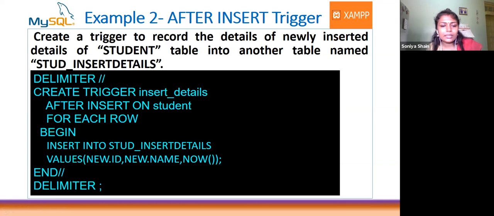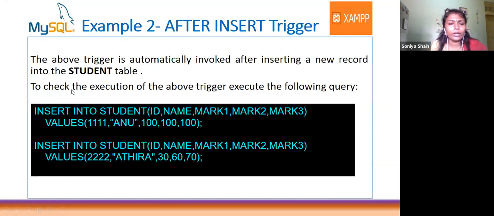When you are inserting a new record into a table, that newly recorded student detail has to be updated to another table called student underscore insert details. What details are to be updated? The ID, which is the student ID, the name, and when it was inserted, that date and time. Okay, clear? And what is the event? Event means you have to insert data, no doubt. Same event only, but the trigger is different. The trigger is after insert, and it has to be updated to another table.